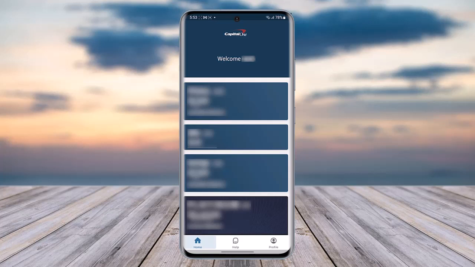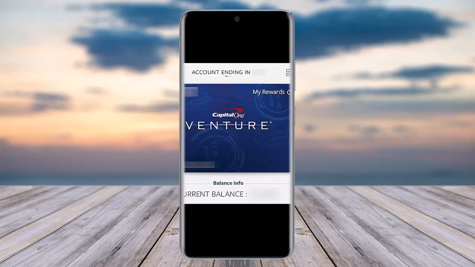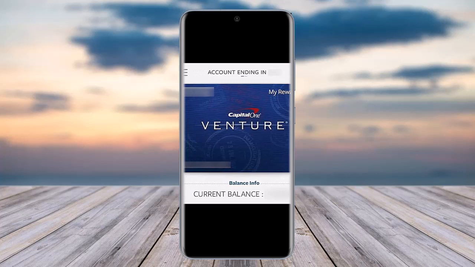For the matter, the very first thing that you have to do is simply access your particular app, right? Once you have done so, you're going to find this kind of interface, and if you go to the home section and tap on your card that you have of your Capital One, your credit card or debit card, you simply will be able to access your particular card, which shows